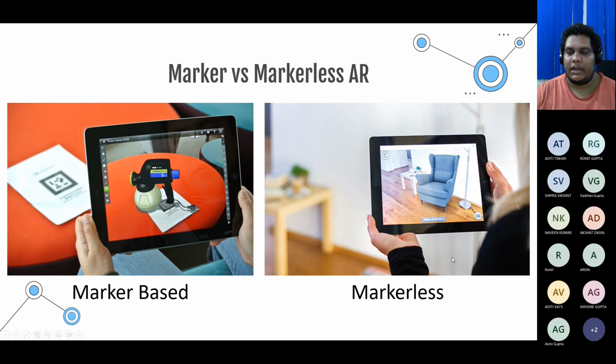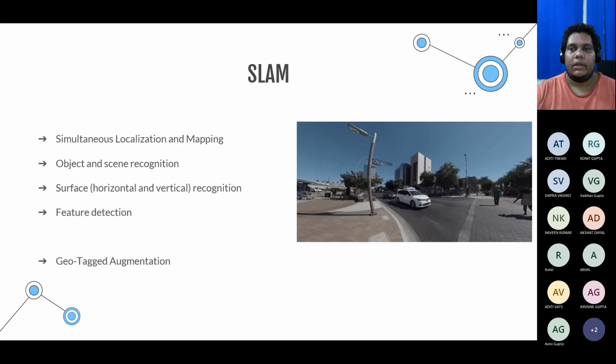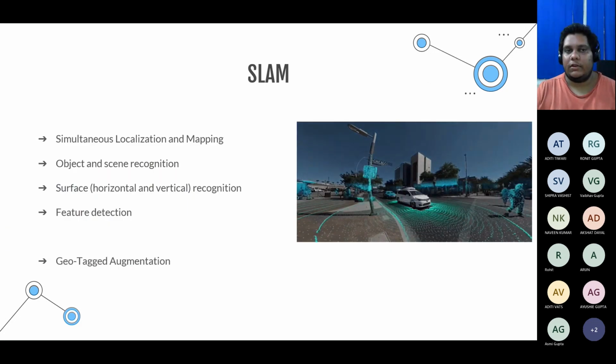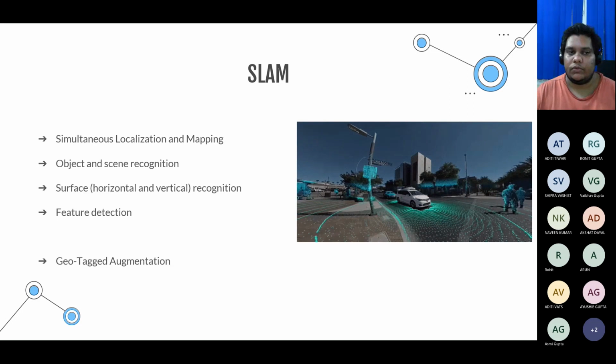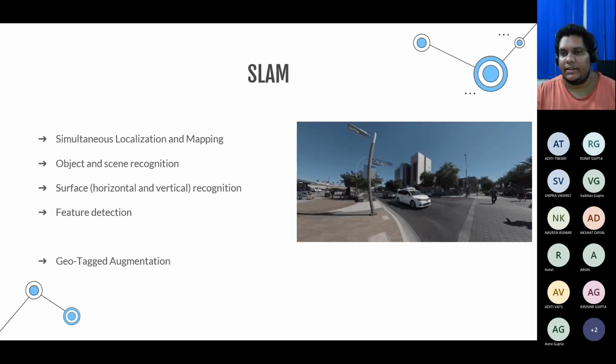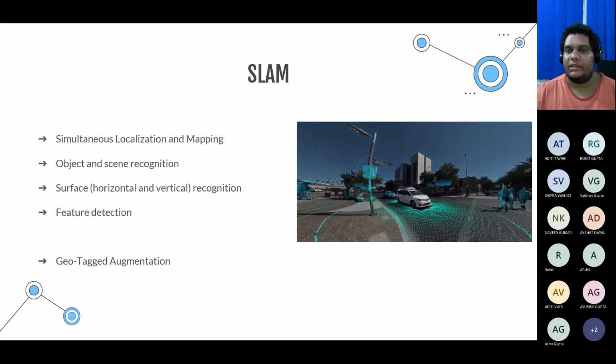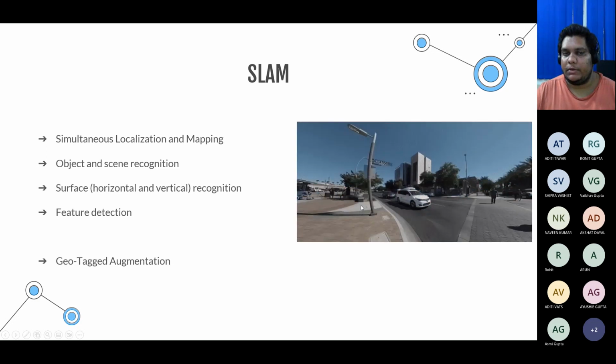There's more I've added to this, so I'll switch to that after this. And then there's SLAM, the technology for mapping your environment, simultaneous localization and mapping, which is used for scene recognition and object recognition. We'll see this in action, a point cloud and then planes generation being done.